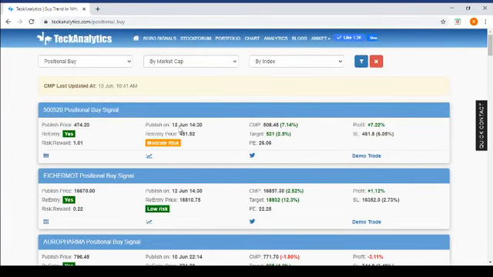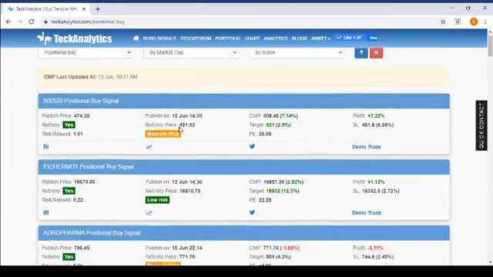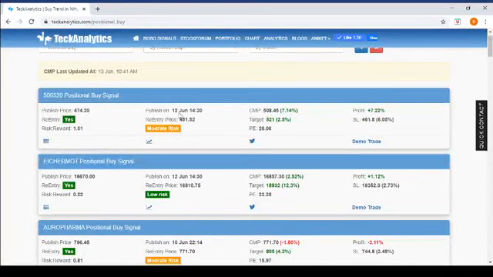So this signal was published on 12th June itself, which is Friday, at 2:30. At 508 is the current price, and the published price was 474. At 474, software said buy, and at the end of the day, within 1.5 hours, maybe not even 1 hour, you can say 2:30 to 3:30, in 1 hour the price has gone to 508, 7% up. So the profit right now showing here is basically calculated from the published price to the CMP. Okay, so this is just for information.